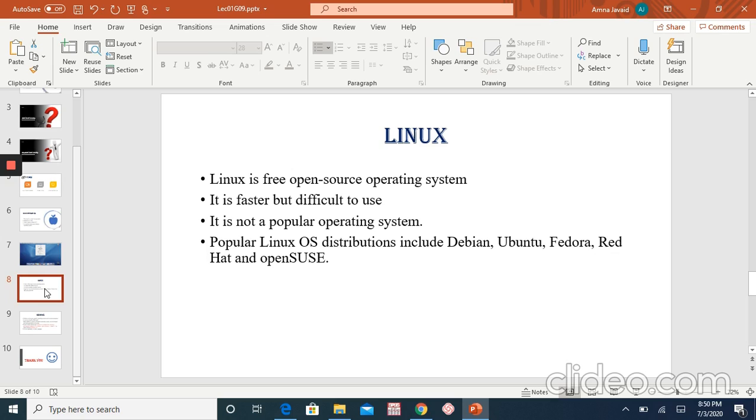What does open source mean? Open source means software whose source code is freely available over the internet. Anyone can make changes in that code and provide us a better version. So Linux is an open source operating system.